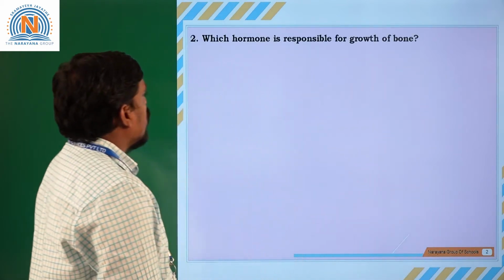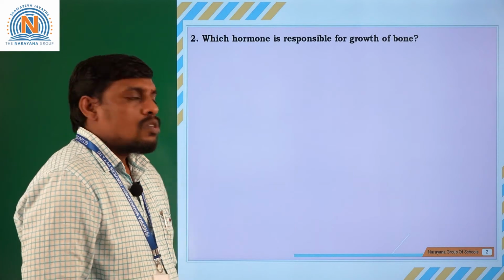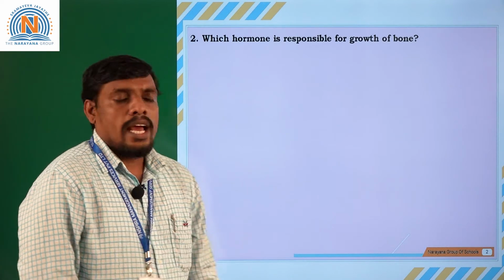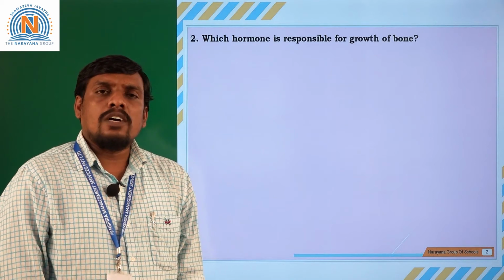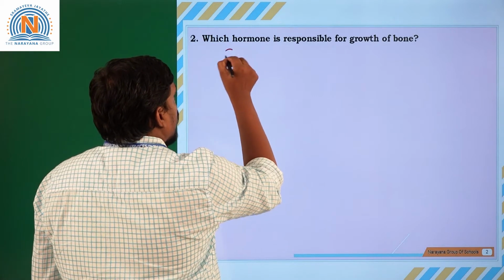Let us see the second question. Which hormone is responsible for the growth of bones? So what is the hormone that helps in the growth and development of our body? Here the hormone is somatotrophin,